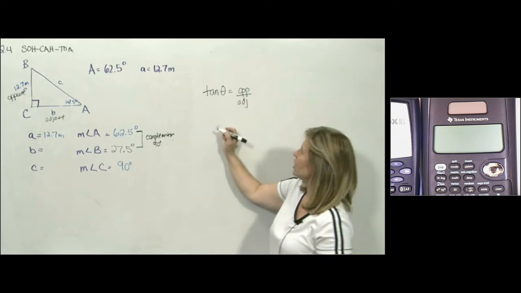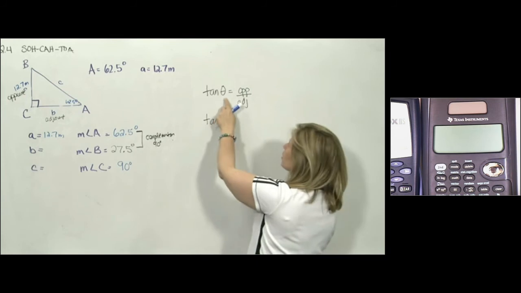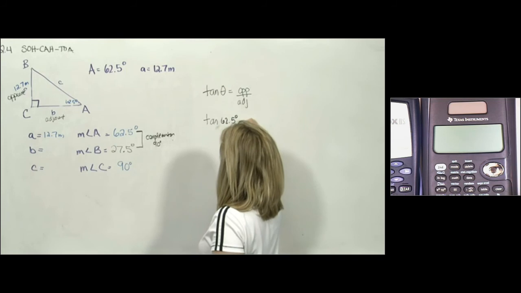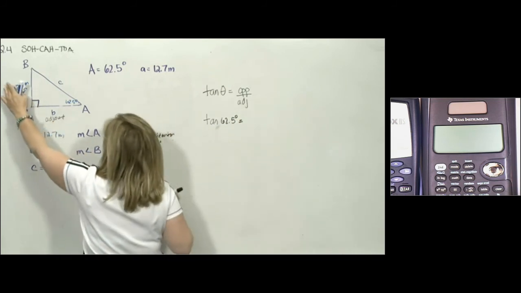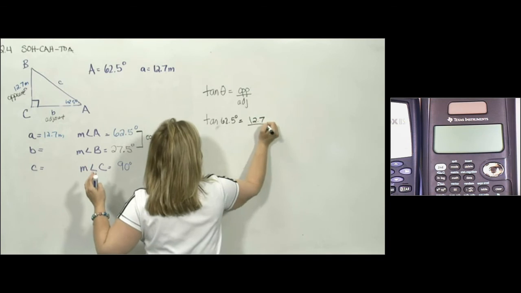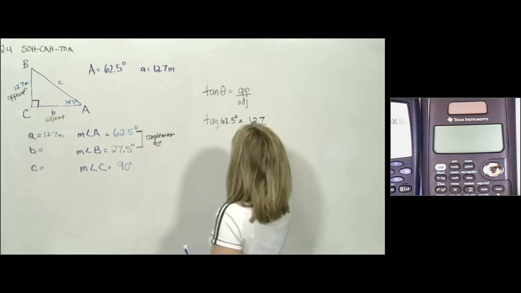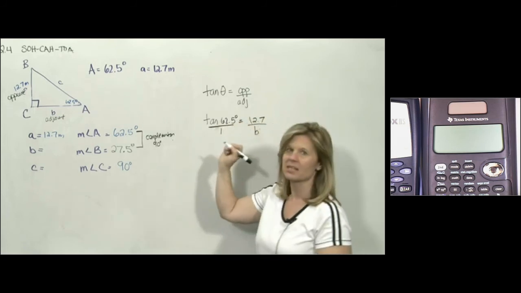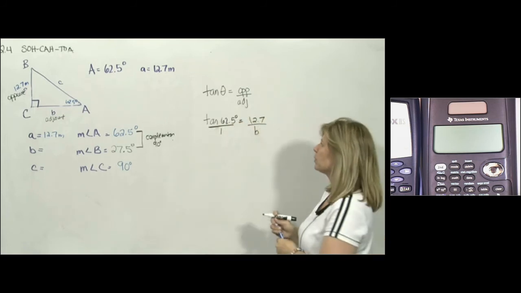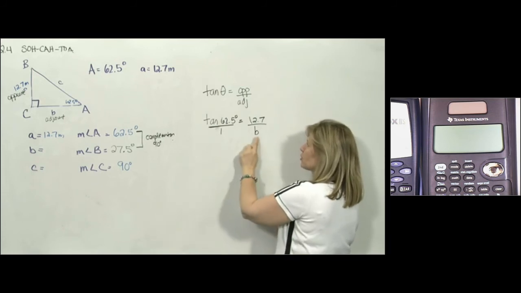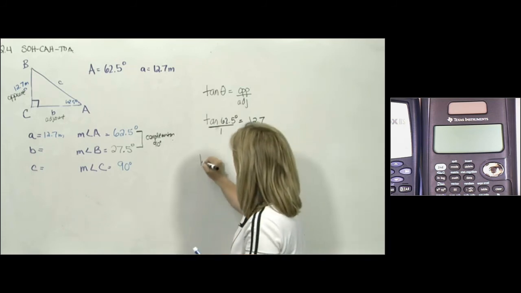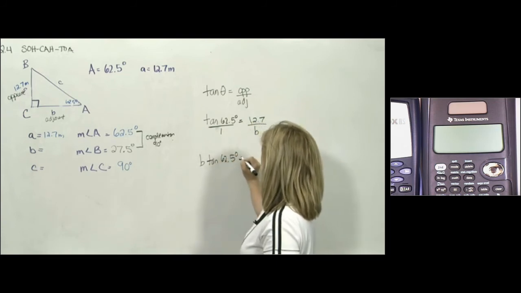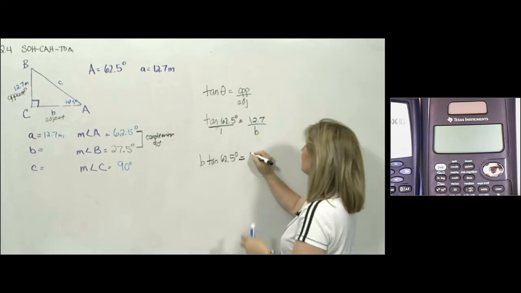Now what I'm going to do is fill this in. The tangent. Theta is always our acute angle. Our acute angle was 62.5 degrees. Our opposite side is the 12 and 7/10. Our adjacent side is what we don't know. We're going to leave it as B. If it helps you like it helped me, I always put this over 1 so I could see the proportion. I'm going to cross multiply. I want my variable on the left, so here's the B. So I'm going to write B times tangent of 62 and 5/10 degrees equals 1 times 12 and 7/10, which is